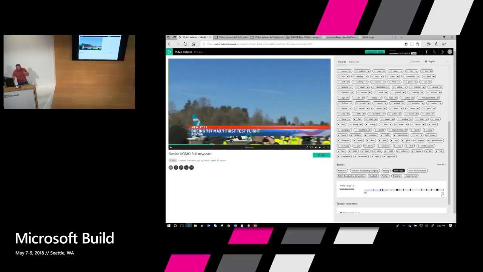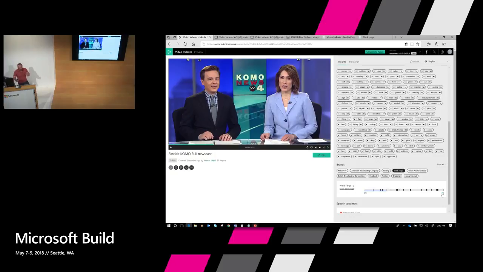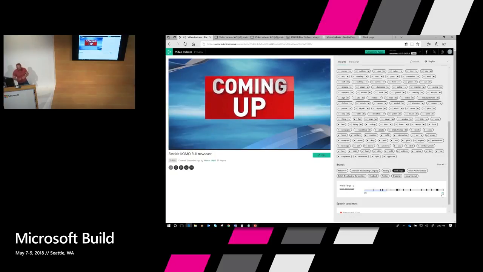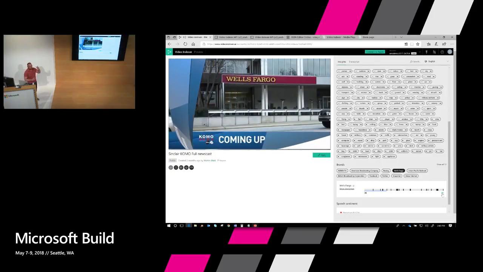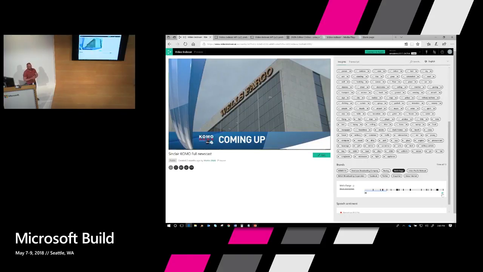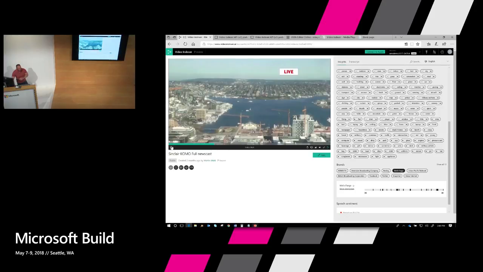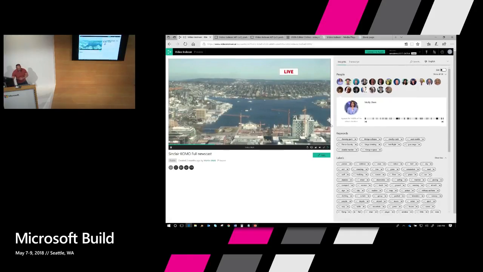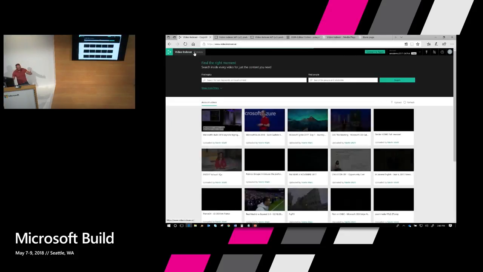So here, where there's a reference to, say, Wells Fargo, where they're talking about something to do with the bank known as Wells Fargo, it pulls Wells Fargo from the video and takes it to the part where Wells Fargo is referenced, whether that is being spoken aloud in the words or whether it's an object that's written to the screen. And the more data that you build up inside your Azure account that makes it searchable,